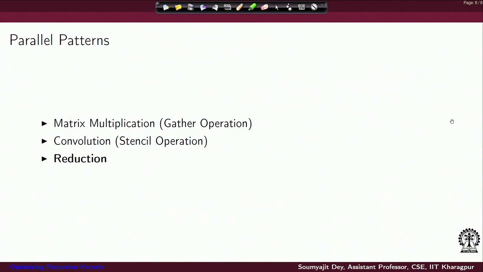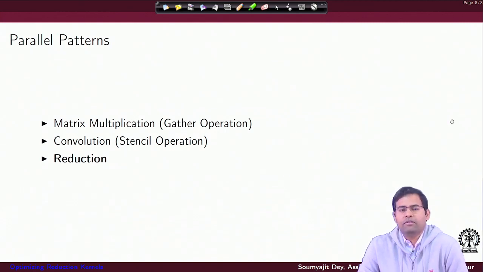Now, before getting into reduction kernels, we have to understand that in general, while doing parallel programming, what is important is to understand the concept of parallel patterns. Now, a parallel pattern would mean a specific pattern of tasks, that is a specific execution order and data access order of tasks which can be found occurring very frequently in some algorithm. So, if I have a specific sequence of computation and a specific sequence of data access that is occurring very frequently, that is what we call a pattern.